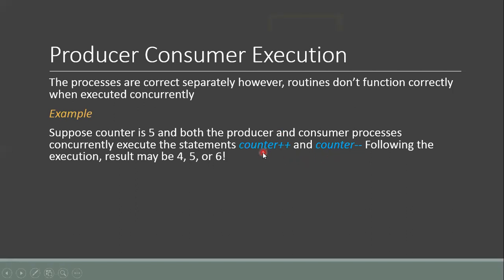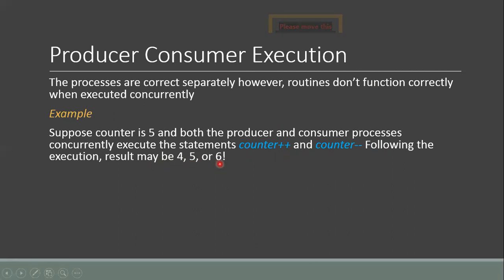So producer will execute counter plus plus and consumer will execute counter minus minus statement, and both processes will execute these statements in concurrent manner. Following the execution, result may be one of these values. The value of counter will be either 4, 5, or 6.